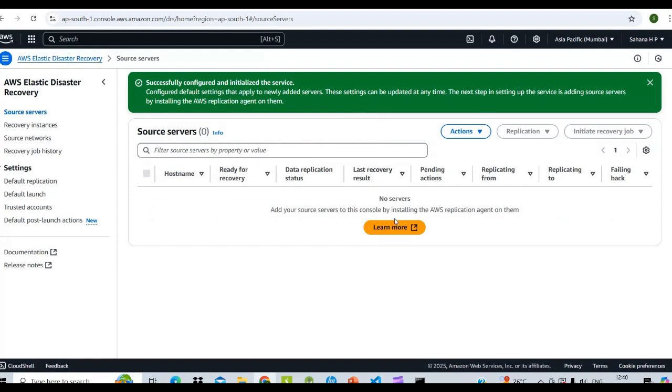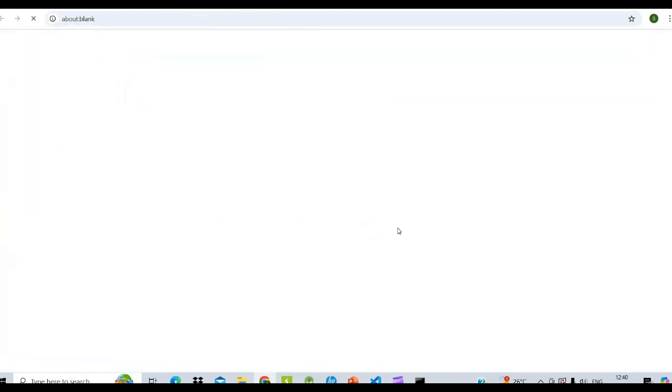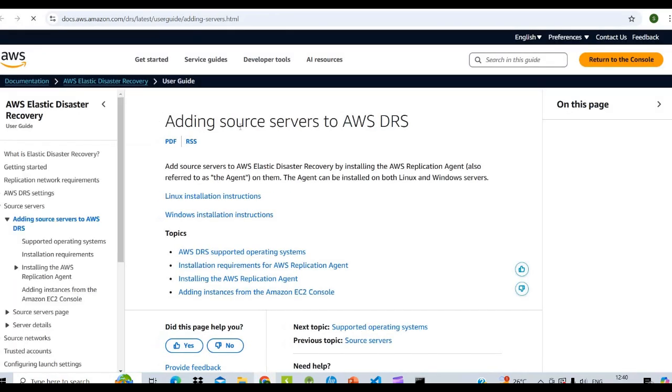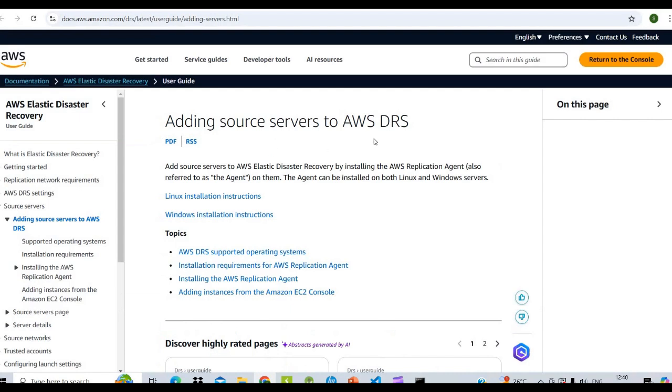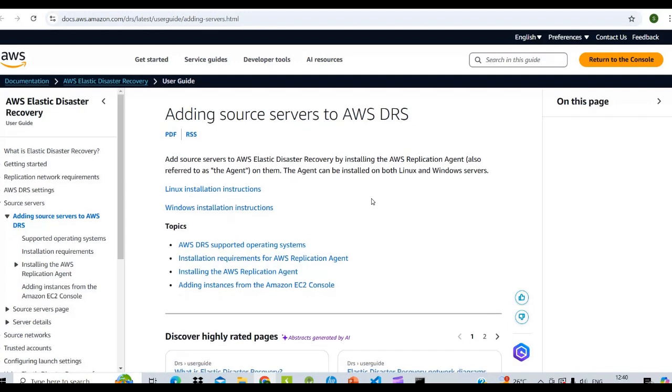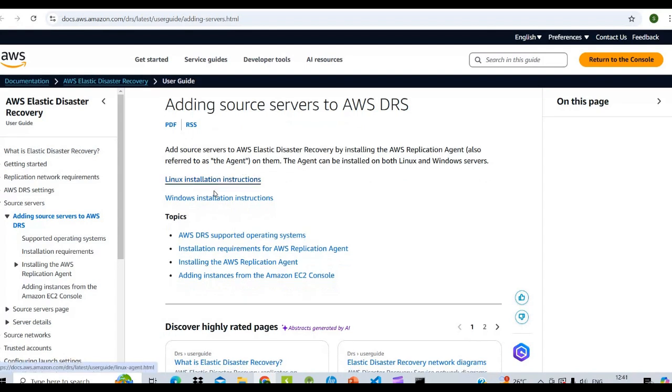Here we can see there is no server. Click on learn more. Here we can see adding source servers to AWS DRS. The AWS replication agent can be installed on both Linux and Windows servers. So there are 2 options: one is Linux installation instructions and the other is Windows installation instructions.